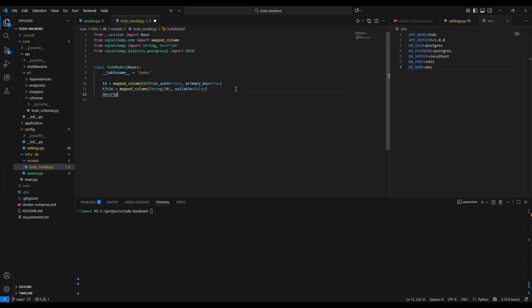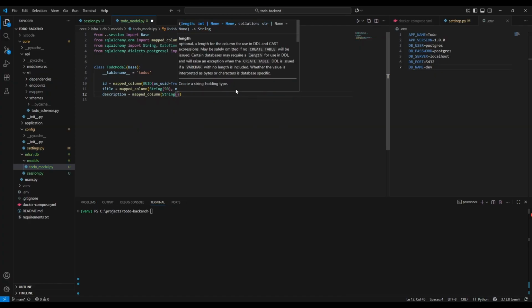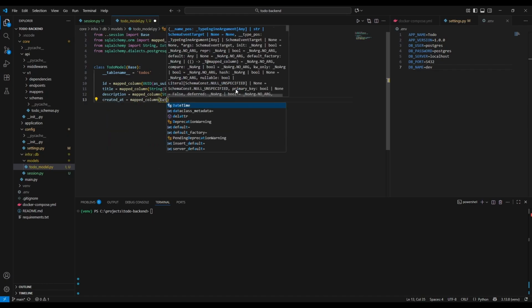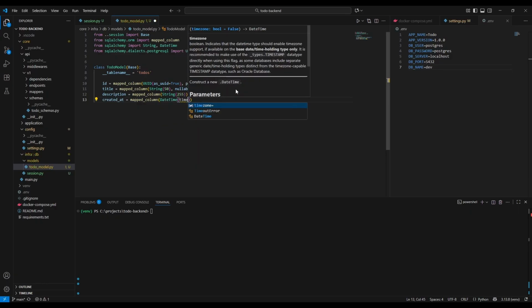Our description, mapped column, it's gonna be a string of, let's say 255, nullable. I'm gonna leave it to be nullable. And we also need the created at, updated at, and deleted at datetime. So here I'm gonna create the created at, which is a mapped column, datetime, timezone true,